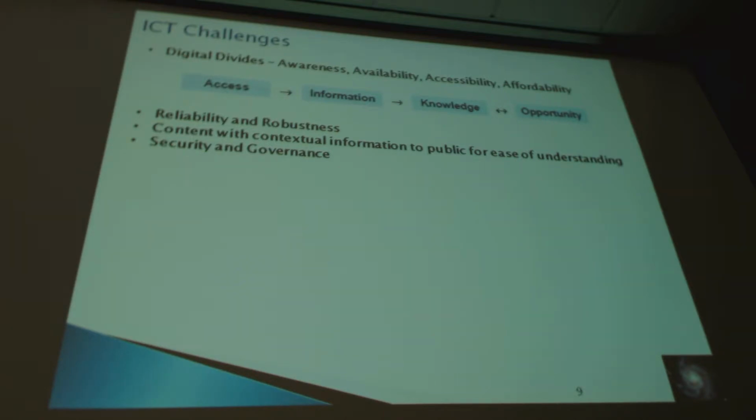systems. The other challenge is reliability and robustness. So I talked about so many engineering systems, how are these systems really reliable? What is the uptime? Do we have pipeline high availability? So these are key challenges for ICT systems like intrusion detection device. Then content and contextual information. So to find context in all the observations that our sensor is doing, to find context in the data and to make it comprehensible for the public, that's another key area of focus, which is a challenge.